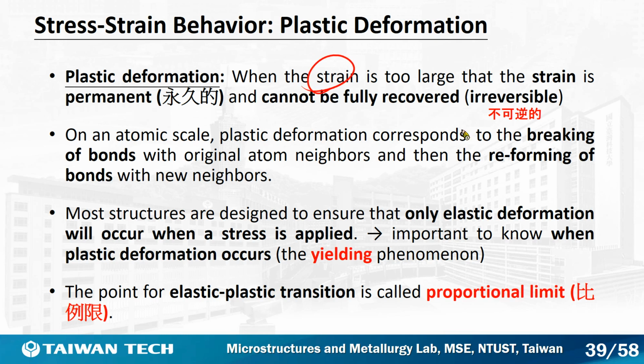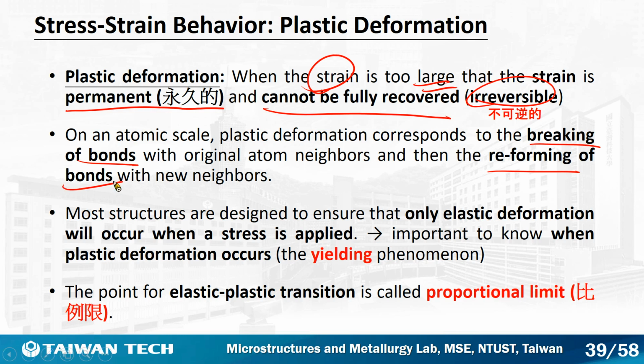When the strain is too large, the strain will become permanent and cannot be recovered. So this deformation process is irreversible. And on an atomic scale, you will find that it involves the breaking of bonds and the reforming of the